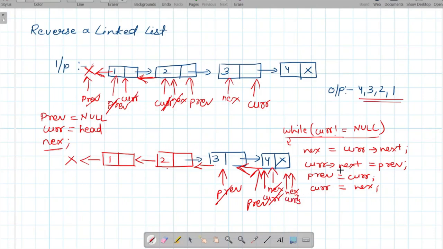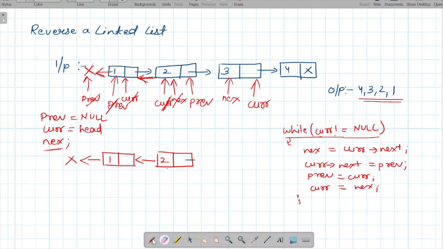So once this iteration is also over, we will check if our current value is not equals to null. So now our current value is equals to null, which means that we have entirely iterated our linked list. And now you will see, we will remove these pointers. Now when you will see, our linked list is looking something like this, 3 and 4. So our linked list is completely traversed, and this is how our linked list is looking.